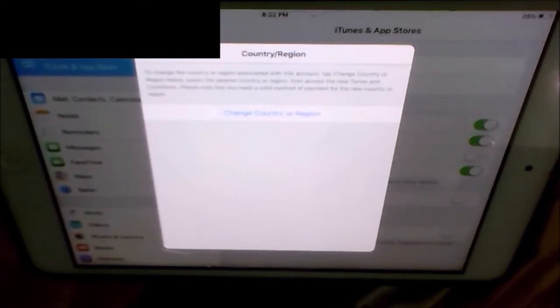So country and regions, and it said to change the country region associated with this account, tap change countries or region below, select the desired country or region, then accept the new terms and conditions. Please note that you need a valid method of payment for the new country or region. So I download games for free, so there's no point. Okay, so I'm just gonna click on change country or regions,